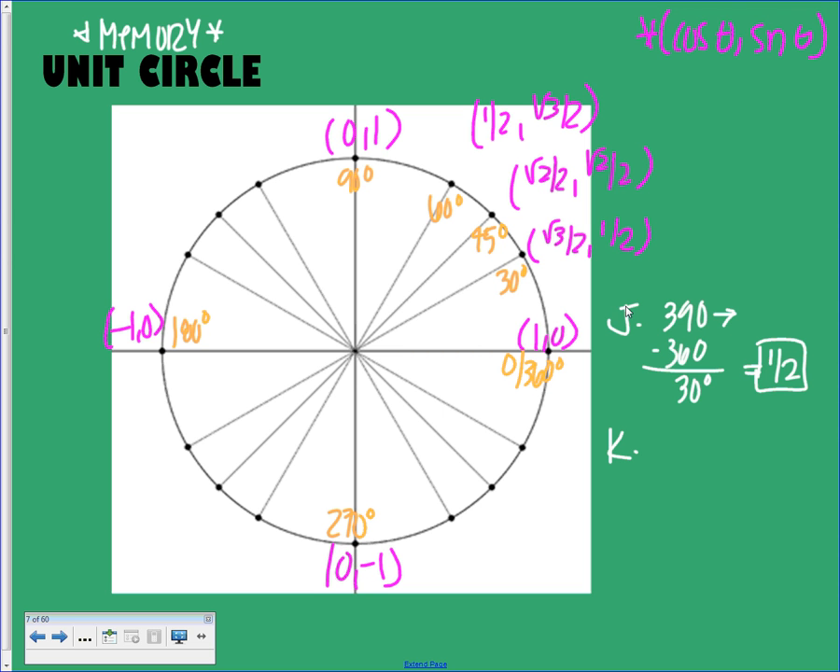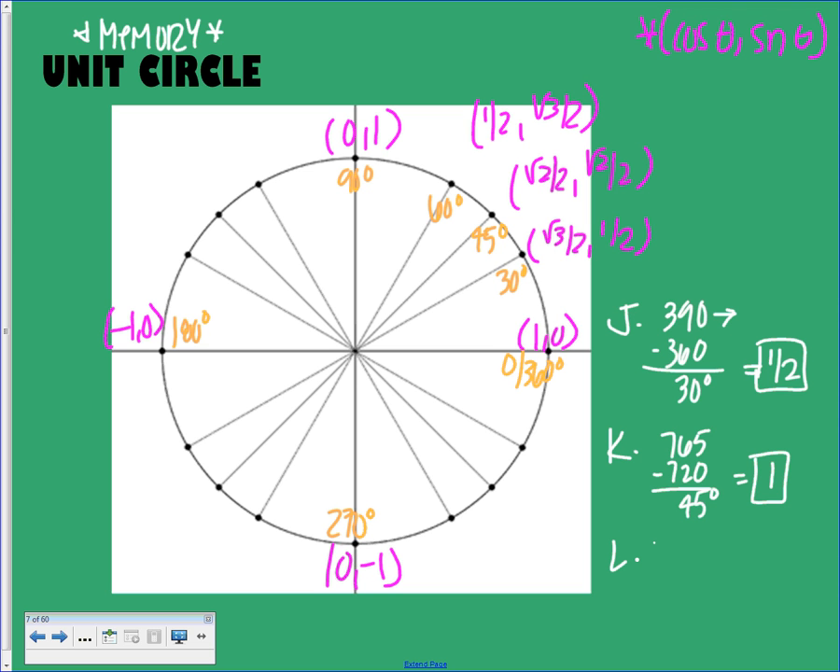So K says 765. Well, that's really big. 2 circles is 720, so I can subtract 720, and that leaves me with 45 degrees. And then it says a tangent, and the tangent at 45, okay, is sine over cosine. Okay, well, the square root of 2 over 2 divided by the square root of 2 over 2 is just going to give me 1. Okay, L says the cosine of